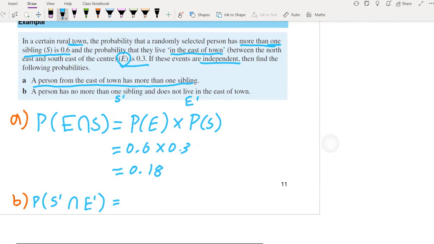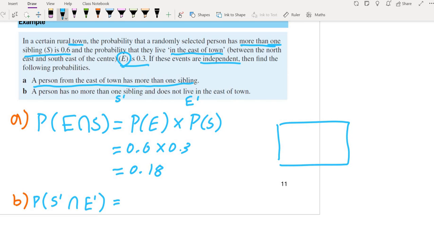Now that's a bit harder to think about, or at least for me. So I'll draw a quick Venn diagram. We know they're independent events, so I should start with S, and then E is going to have its own circle. And then we know we're looking for S complement, so that's everywhere else but S. We know S is 0.6, so that's going to be 0.4 times,